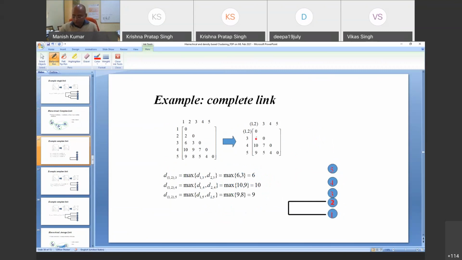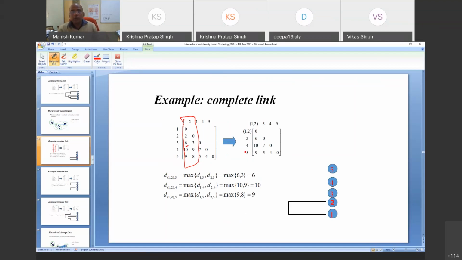What we do is, the process is almost the same, the only difference is that the moment you go for columns to be merged, instead of selecting the minimum one, this time I'll be going for the maximum one. So 3, 6, 6, then 9, 10, 10, then 9, 8, 9. This is what we have.